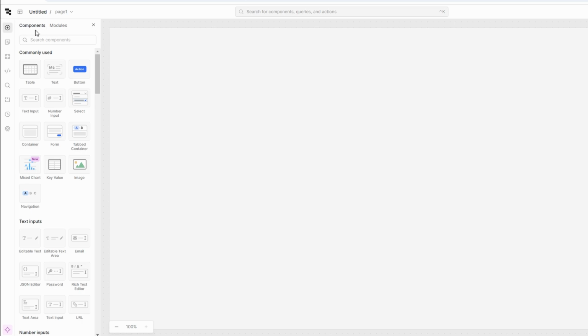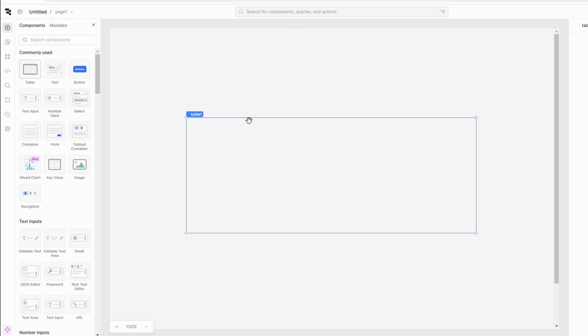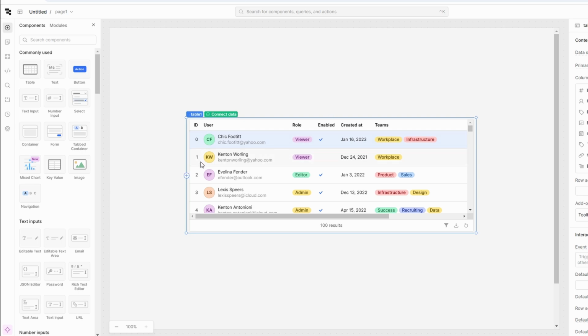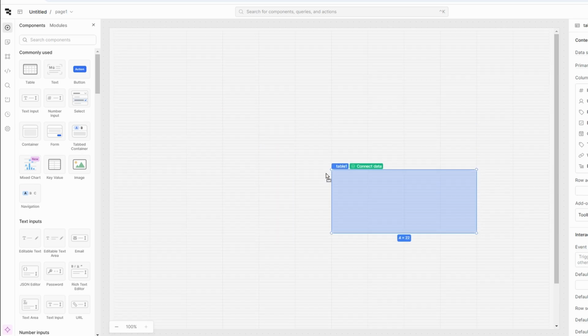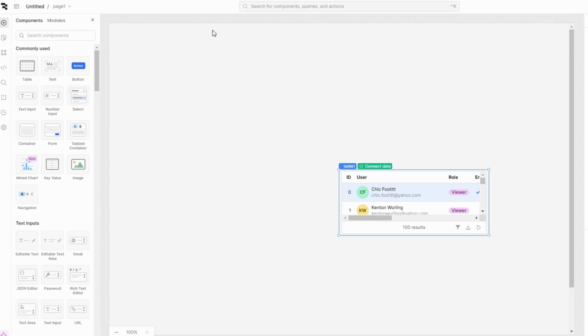The main area in the center is where you'll build the actual design, dragging and dropping components like buttons, forms, and tables into place. You can easily adjust the size and position of each element to make everything look just right. At the top of the editor, you'll see 3 panels, left, bottom, and right, that are crucial for customizing